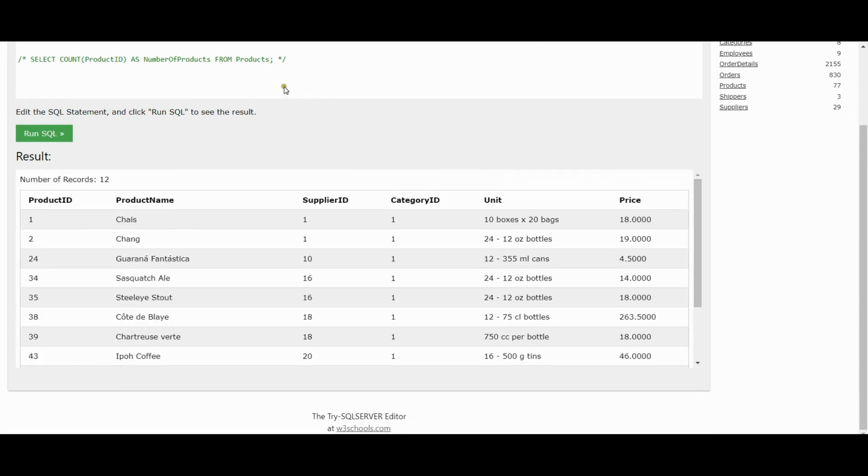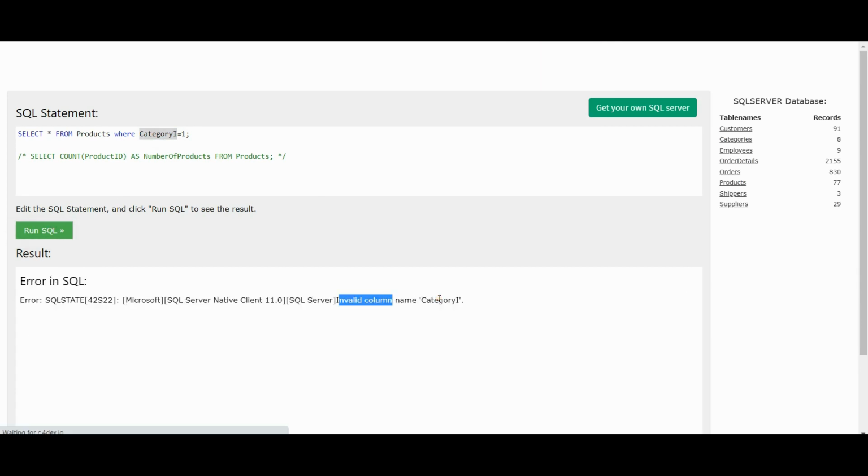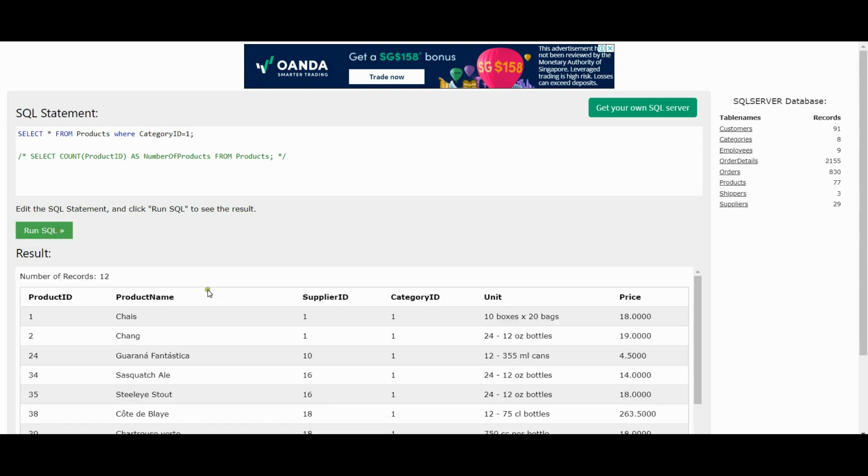So this is one example whereby we can add in and change things to learn the syntax with an online database. We do not need to have a database of our own, but we can try the syntax and familiarize ourselves with it. For example, if you spell the field wrongly and run, they can also tell you there's an invalid column name, so you see there's some error in your command. So maybe if you change it back to category ID and run, there you have it,